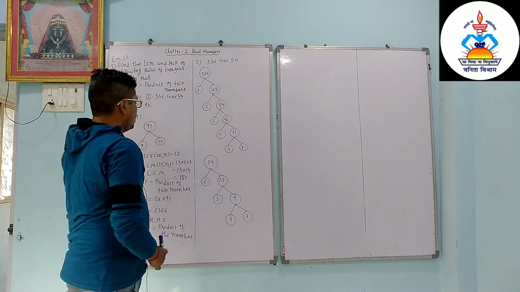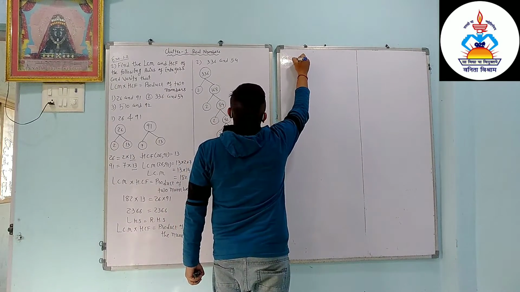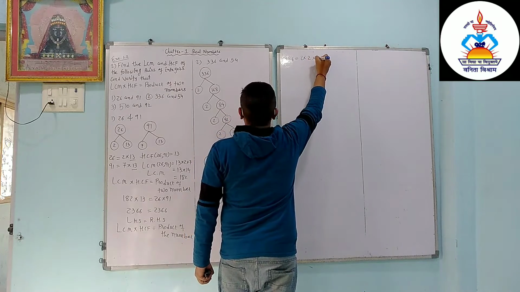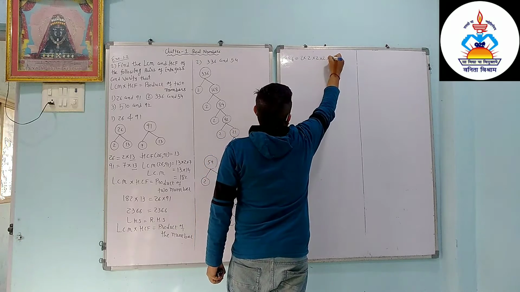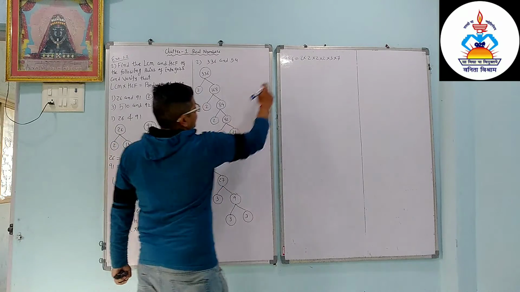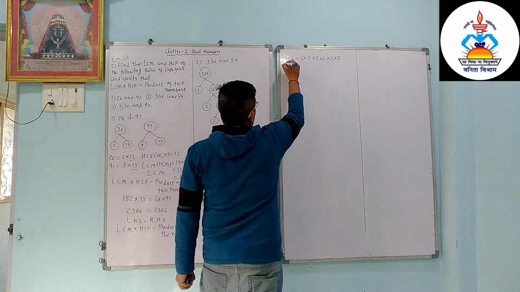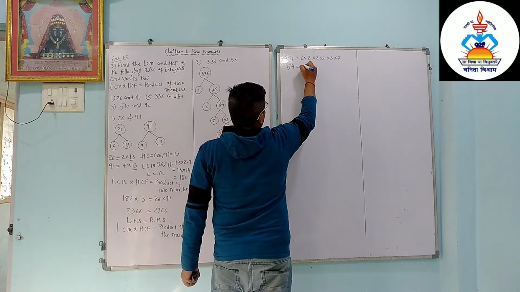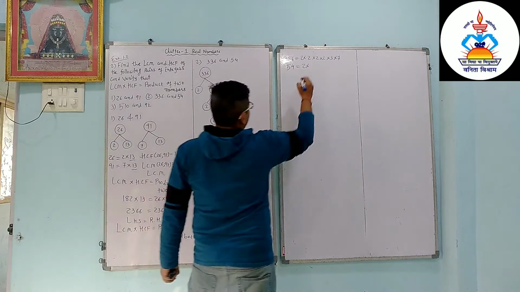Okay, so we can write here the factors of 336 equals 2 into 2 into 2 into 2, into 3 into 7. How many 2s are there? 1, 2, 3, 4. 1, 2, 3, 4 and 3 into 7. And 54 factors we will write: 54 equals 2, and how many 3s are there? 1, 2 and 3.